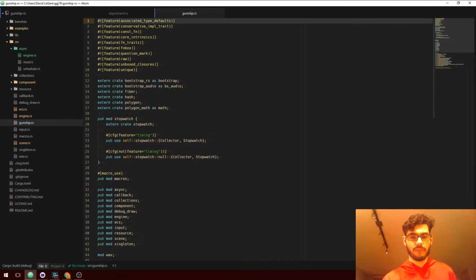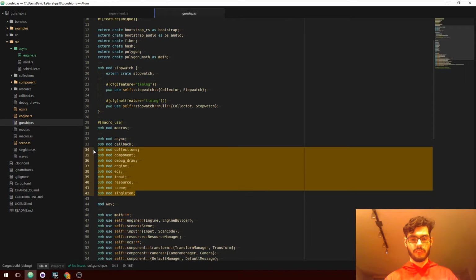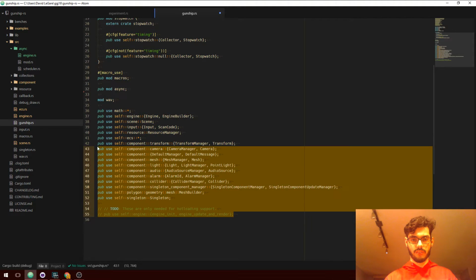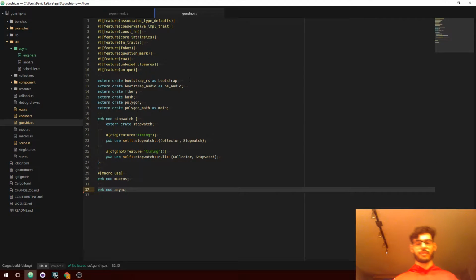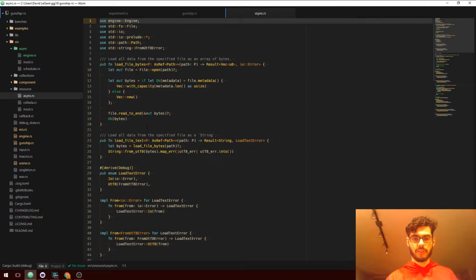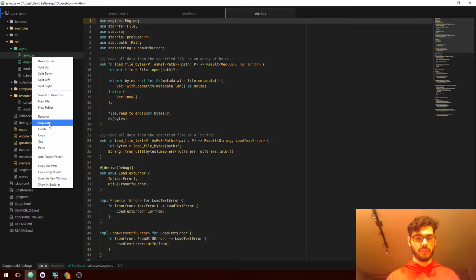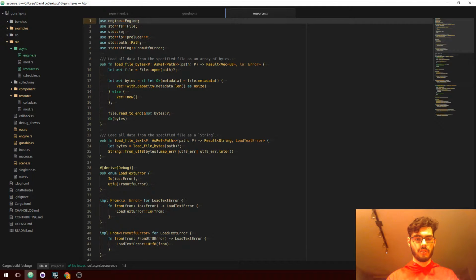At the top of Gunship, what I'm going to do is, this is all deleted. This is all deleted. And I will slowly start moving things in as I get to the point where that's okay. Let's take a look at what we've got in here. We've got new async resources that'll go in here. This async is going to get renamed to resource. Should it be resource or resources?